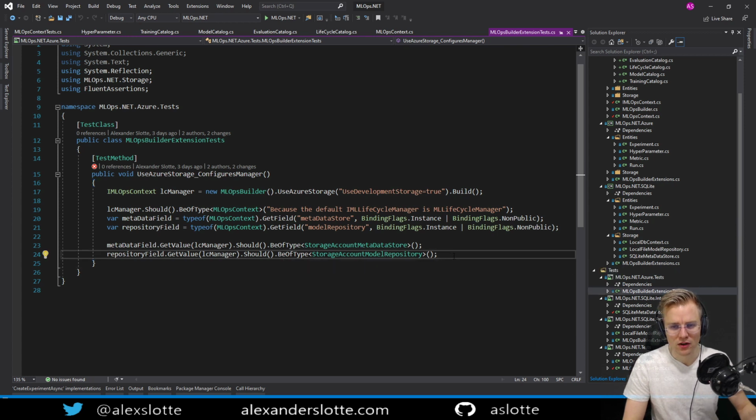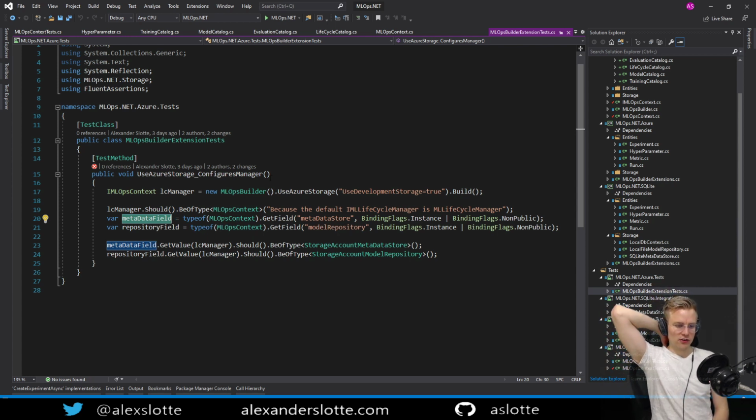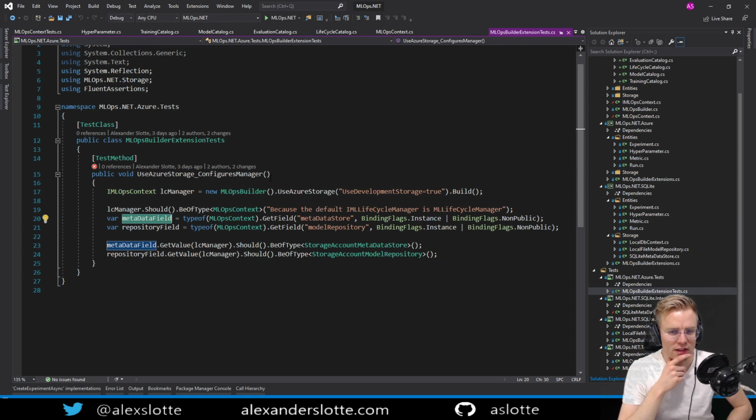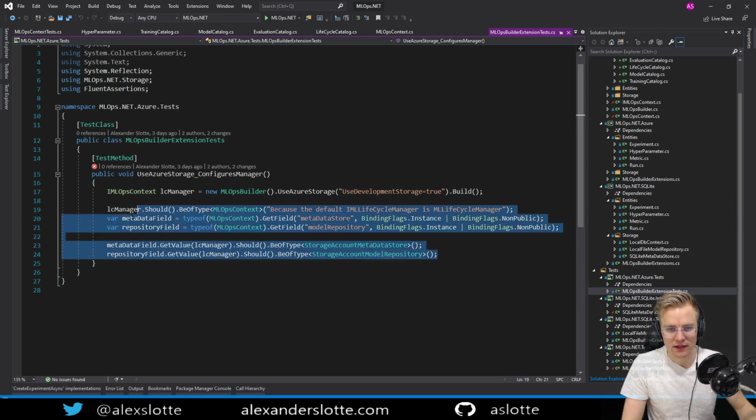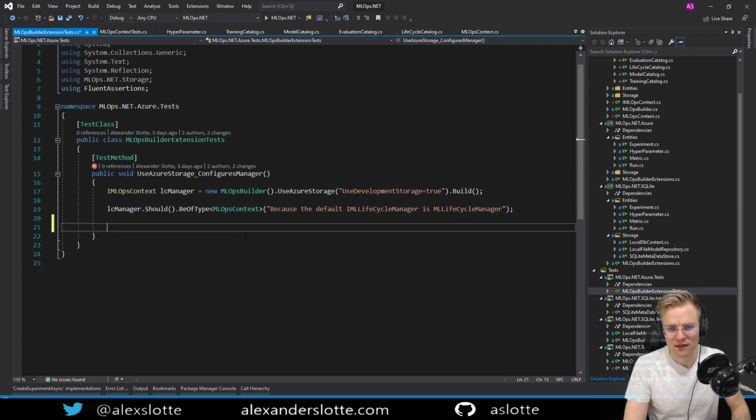But what we're going to do here is, instead, we do want to test each of these various catalogs, I think. But we only need to check if they're not null. We don't need to check anything else here, honestly, because that's wired up by itself, I think. So I think what we need to do is check that. I honestly don't think we need to do that.